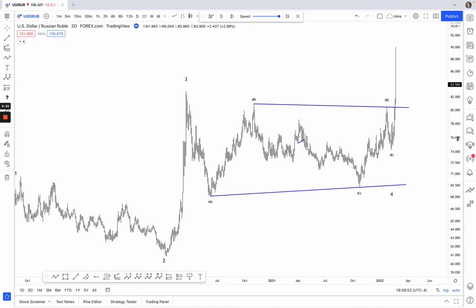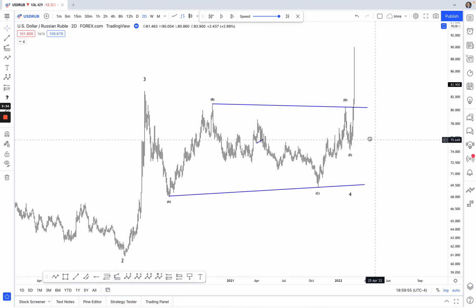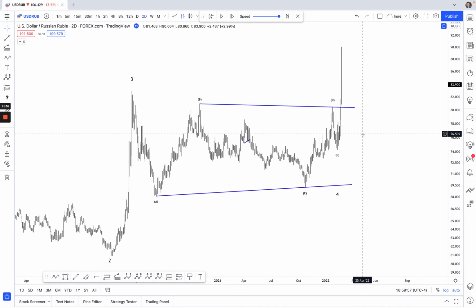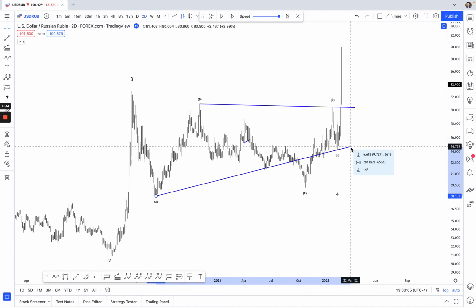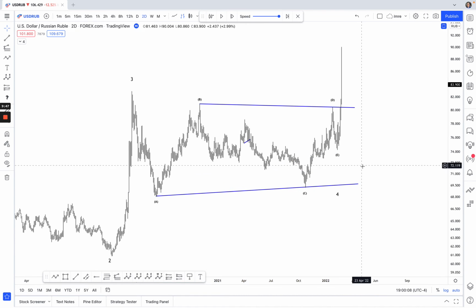Moving back onto the dollar ruble triangle. We can see here we have a barrier triangle, right? We have waves A, B, C, and D. Notice how the AC trend line is sloping gently upwards. It's not a very sharp slope like this. It's a gentle slope, but the BD trend line is almost flat. If you want to split hairs and call this a contracting triangle, it really doesn't matter to me. The bottom line is that this is a triangle, and we can go long on a break